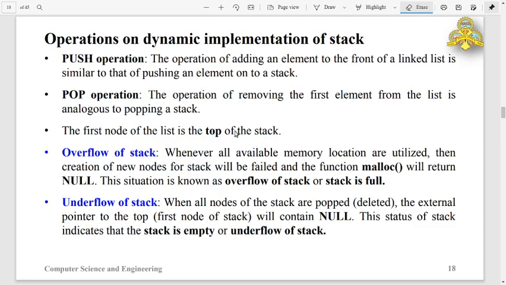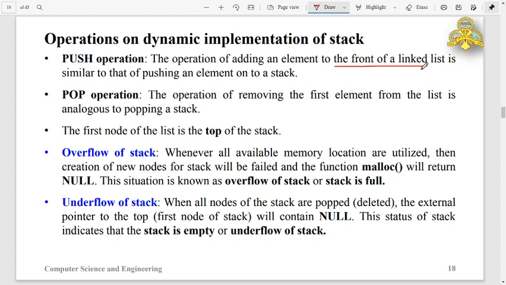Operations on dynamic implementation of a stack are slightly different. For example, the push operation is nothing but adding a new element at the front of the linked list. That is, inserting a node at the beginning of the linked list is considered as the push operation.